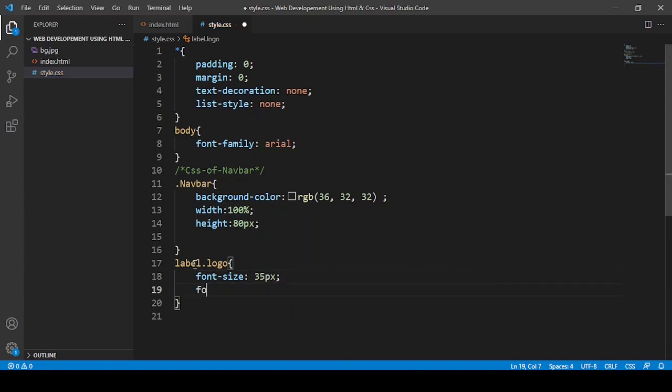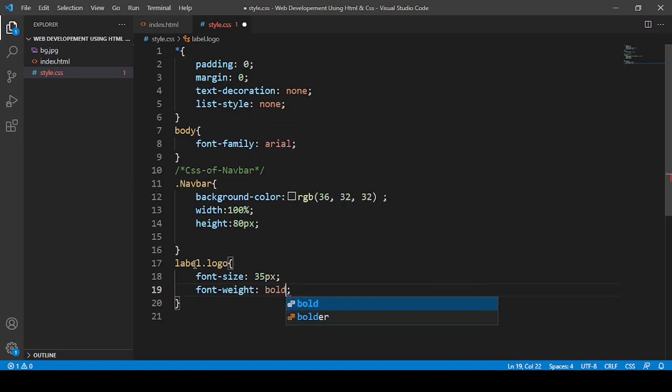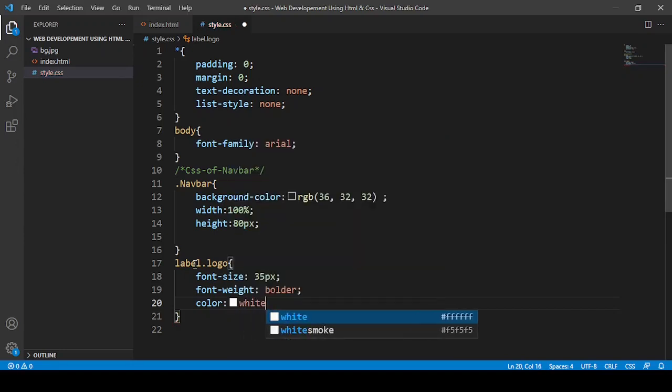Okay, and then I'm going to say font weight. So what is font weight? Font weight is just to make the font lighter, bolder, heavy, thicker, like that. So I'm going to give a bolder font weight, and then I'm going to give color. In the black background, the color should be white, that is okay.